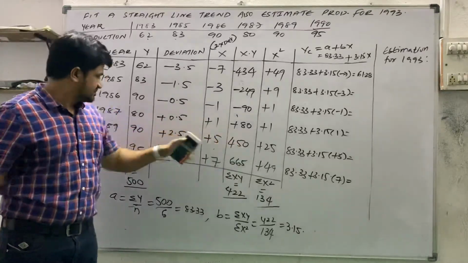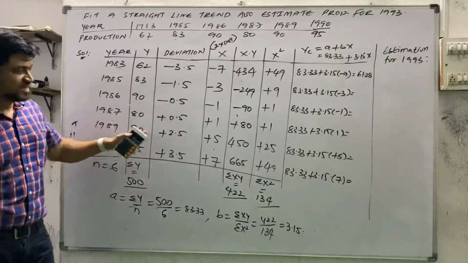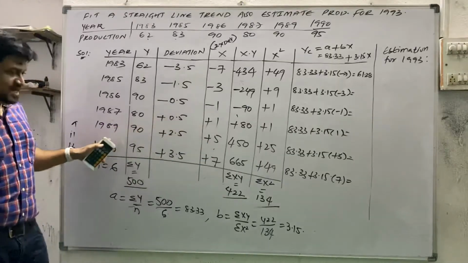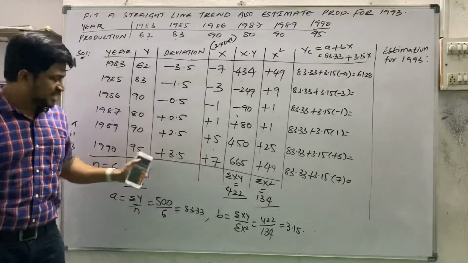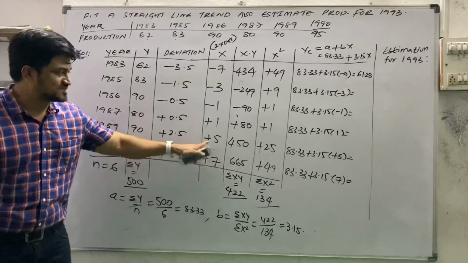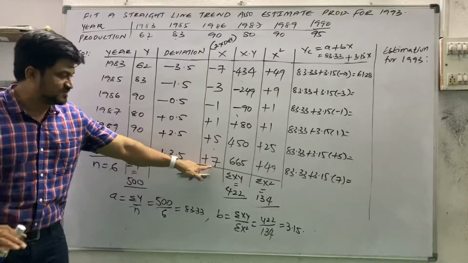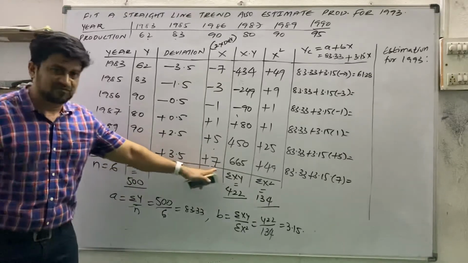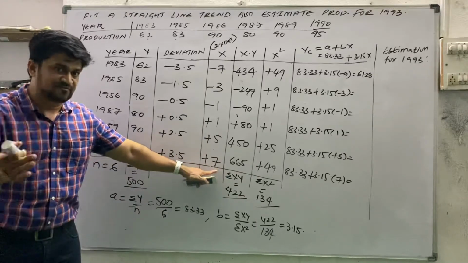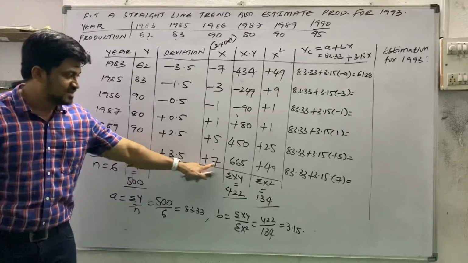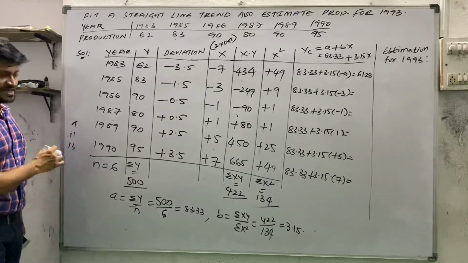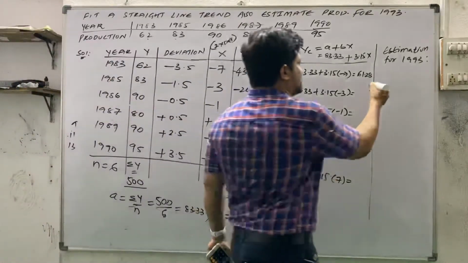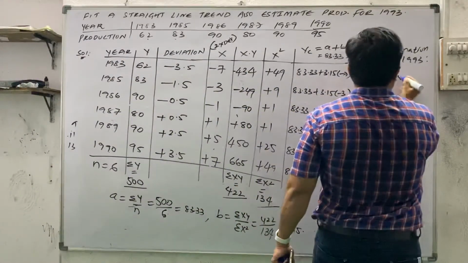Then we have 89. For 89 what they have taken? 5. After 89 we have 90. For 90 what we have? They have taken 7. So for 91 they will not take 8 because from 5 to 7 one gap is there. That's why for 91, year 91 we don't take the serial number. We will take the one extra number we have to leave, 9. Then for 92 we will be having 11.